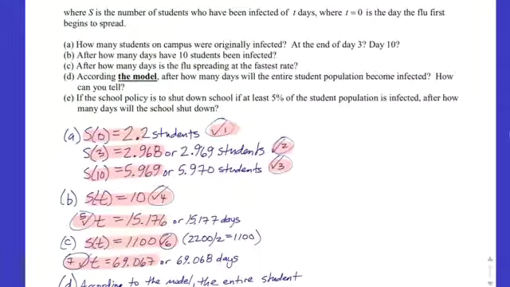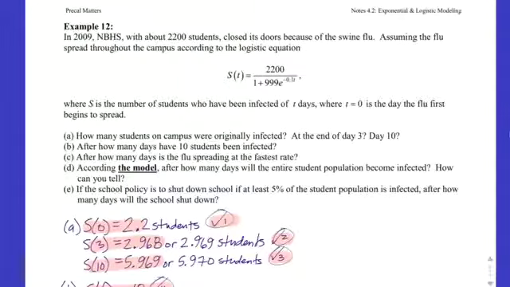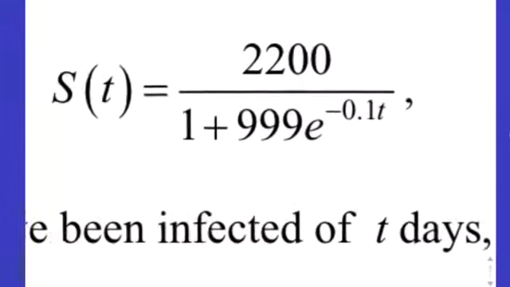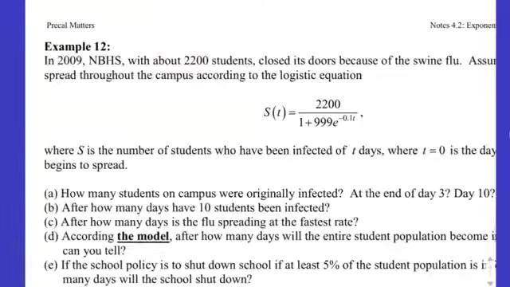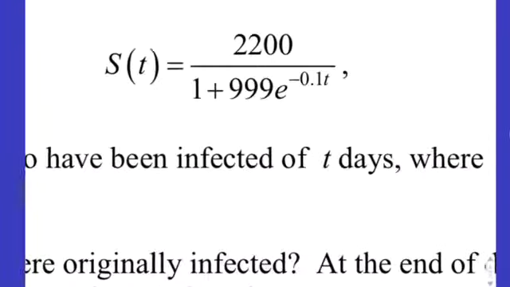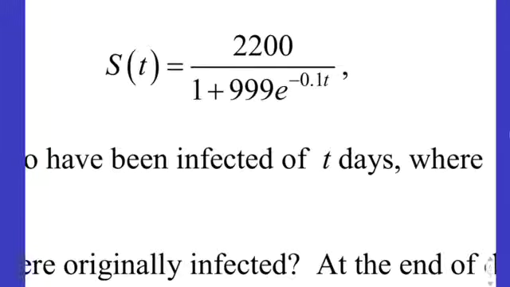But here's the idea. You've got the flu spreading through campus. The campus has 2,200 students, so that's the carrying capacity. It's going to spread according to this, which, if you weren't told that it was a logistic equation, you should be able to infer just from the way it looks. You have that number on top over 1 plus or minus some power of e. But it is logistic. You type this into Y1 using your horizontal division bar, and remember you set your window